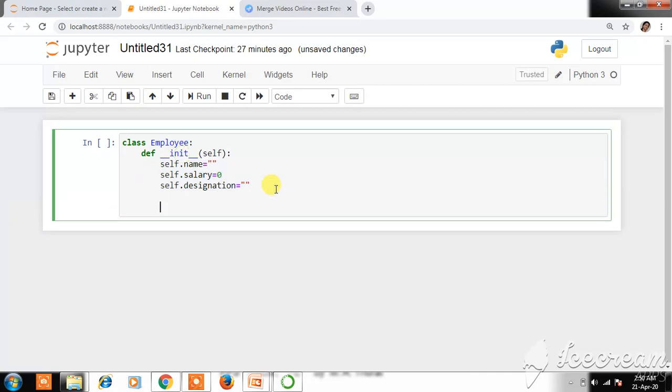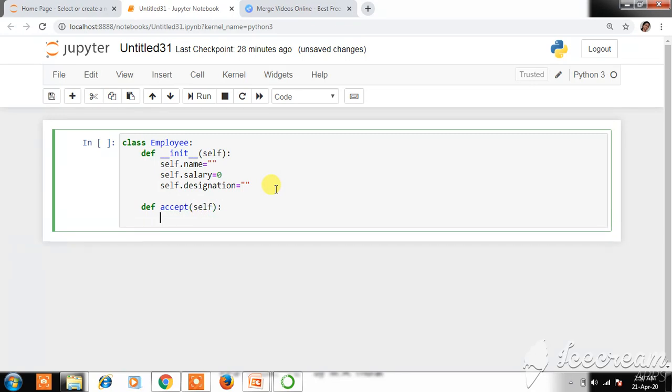Okay, now the next two functions which we want to define are accept and display. So define accept, again with self as a default argument.